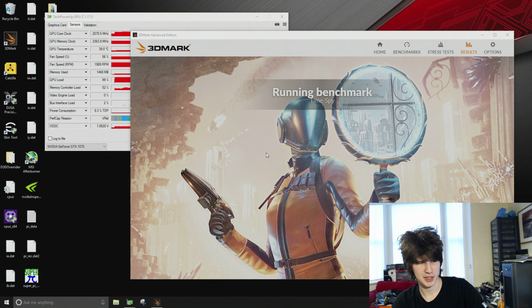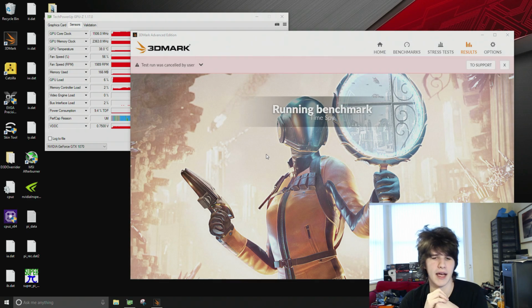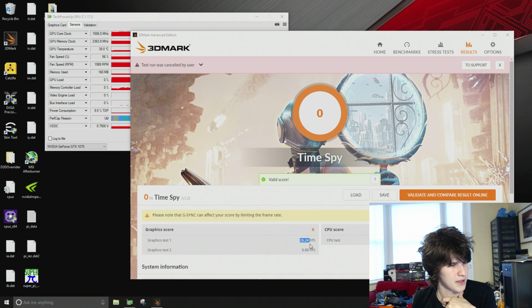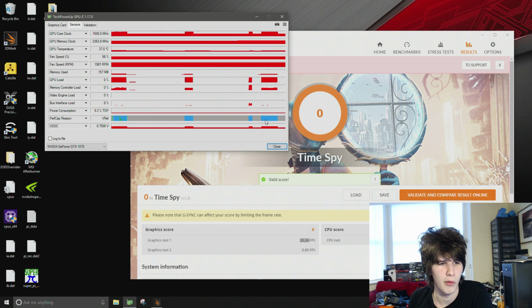So we just finished the benchmark. I'm going to escape out of the second test, and we got a 26.24 FPS average, and according to GPU-Z, we spent the entire test pegged above 2.075 gigahertz. So, 2075 megahertz. That's pretty high for a card that couldn't go over 2 gigahertz a while ago. And according to the performance cap reasoning here, we are just voltage level